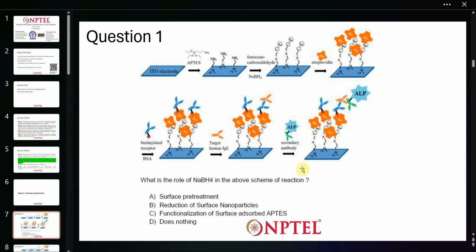He's activating it so that he can get the protein he wants, so that he can deposit the protein he wants on the surface. So first he's activating it, he's getting the amine groups, then he's functionalizing those amine groups so that he can get what he wants. So first activating, then changing the activated surface so that you can deposit what you want, then you deposit what you want, then you put the antibodies so that the antibodies have a substrate to